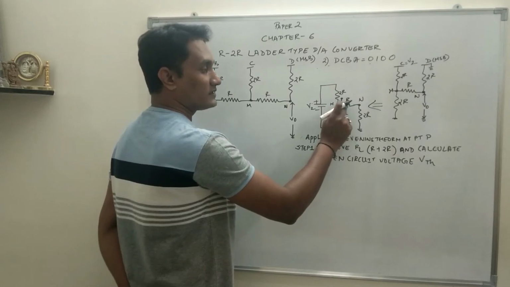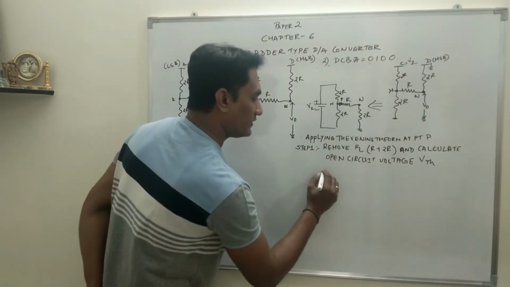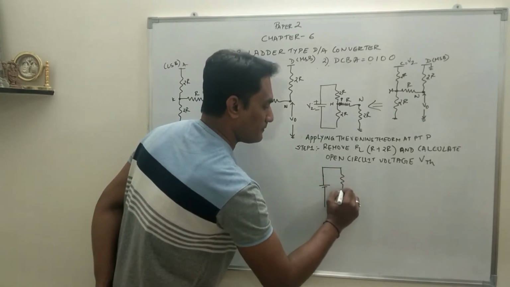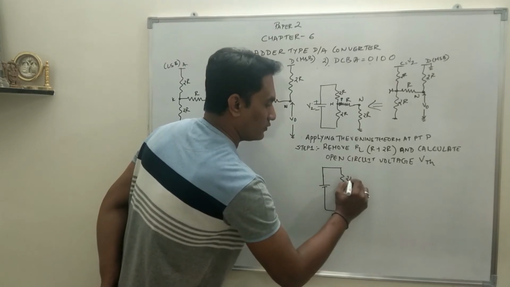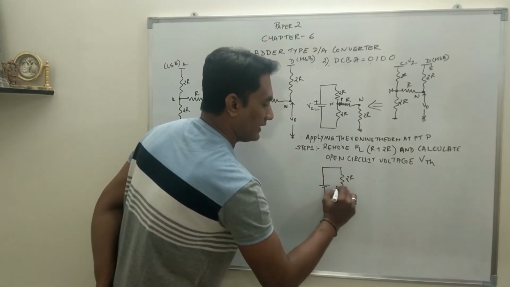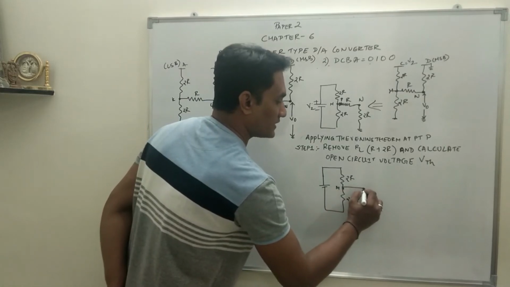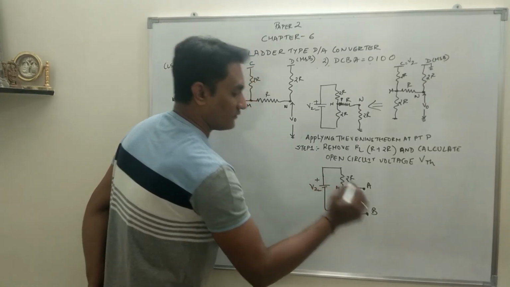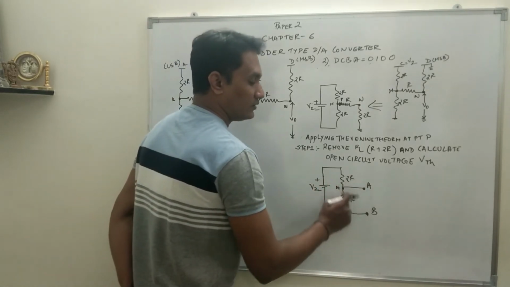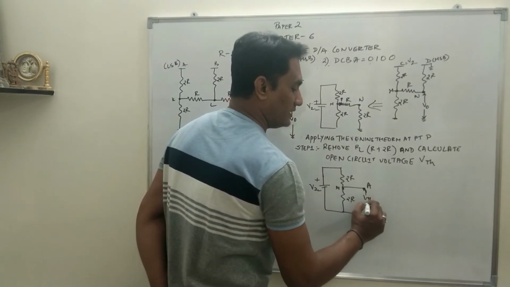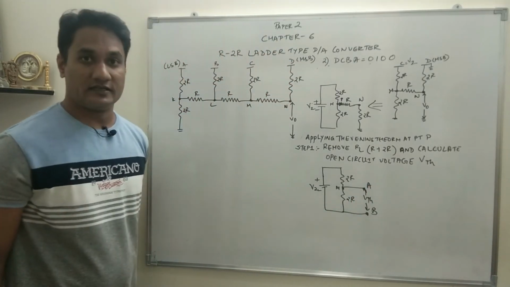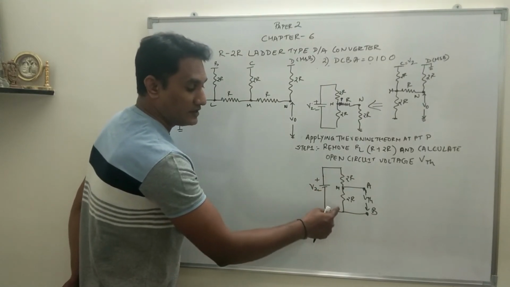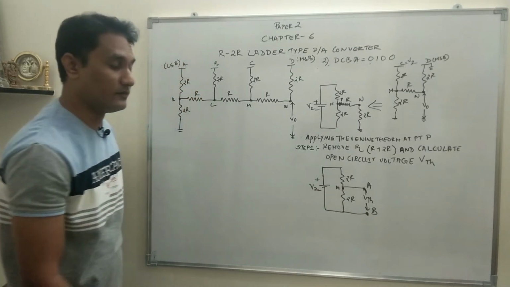So if you remove this R and 2R from the circuit, what is left is this circuit diagram. 2R, this is point M, the resistance has been removed, so this becomes an open circuit. This is A, I'll call this B, plus minus V2. So we need to calculate the voltage across AB, which will give you the Thevenin's voltage. As you can see, the 2R resistors are in series, so the current remains the same in the circuit and the voltage divides. This forms a voltage divider arrangement.